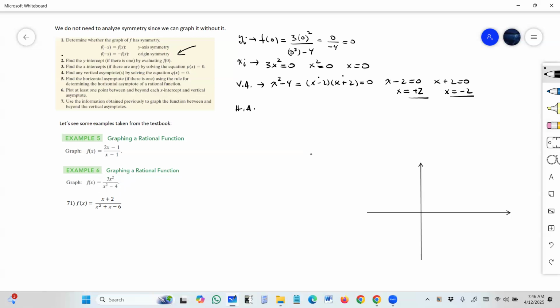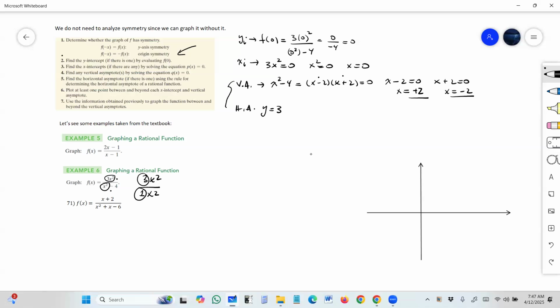So again, for the horizontal asymptote, we needed to remember that this is end behavior. So I locate the leading term with the highest exponent in the numerator, and the leading term with the highest exponent in the denominator. And if they have the same exponent, which they do, then the horizontal asymptote would be the coefficient of the numerator divided by the coefficient of the denominator. So in this case,